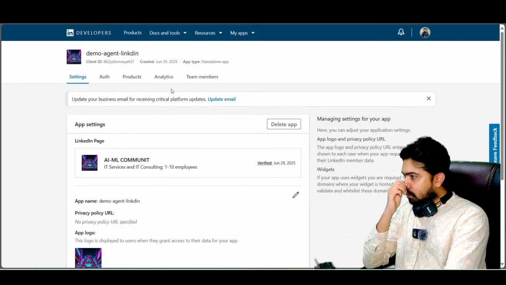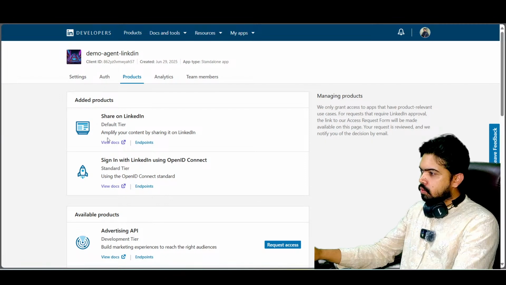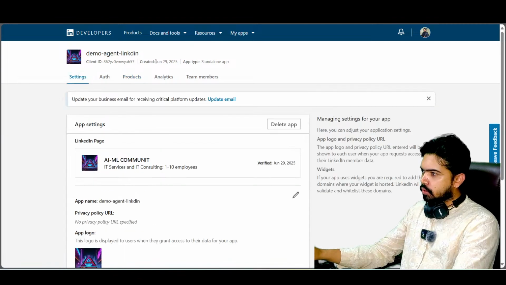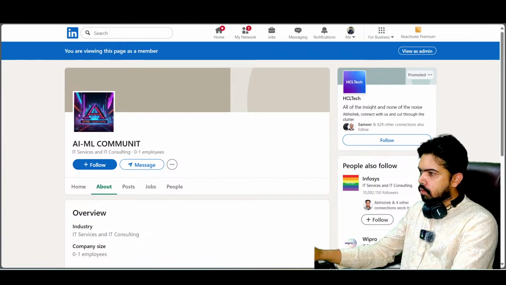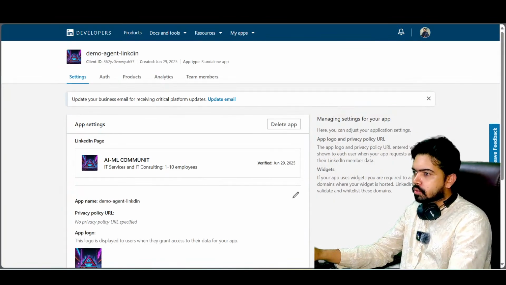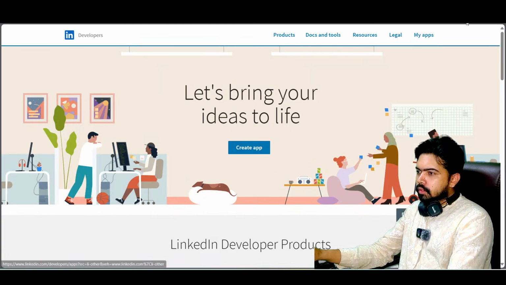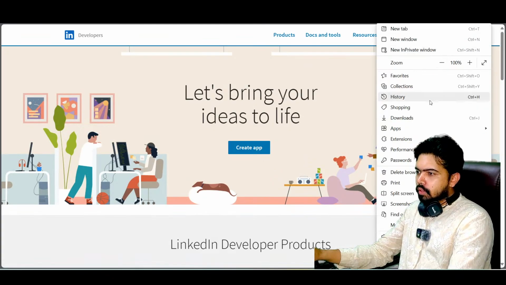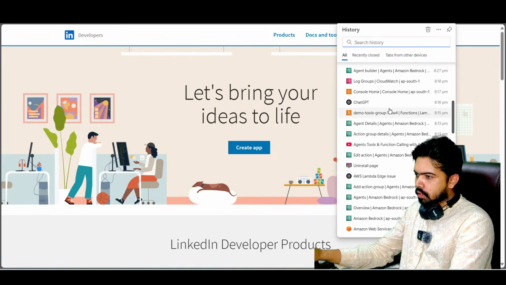Now there are two APIs which are available, which we are going to use. Let me quickly share that documentation with you. Give me a minute. I am not remembering where I have stored that. So there is this documentation. Let me search it in the history. In the morning, I have used